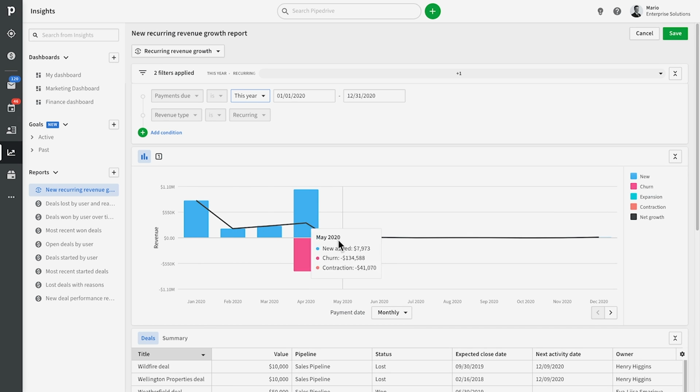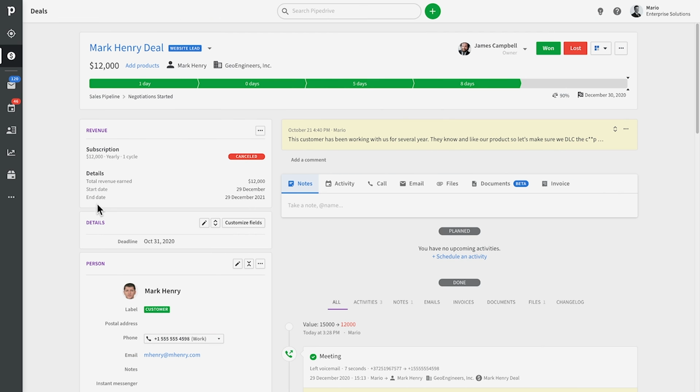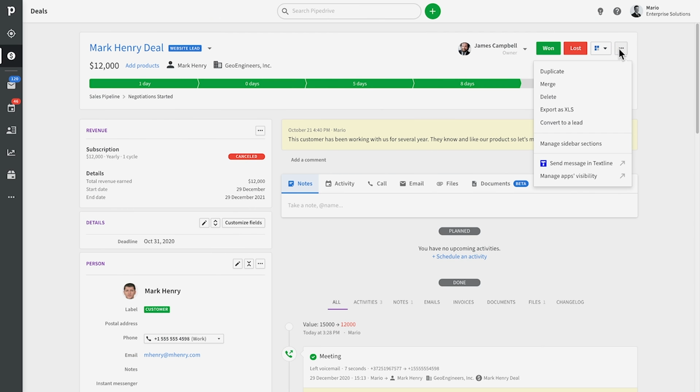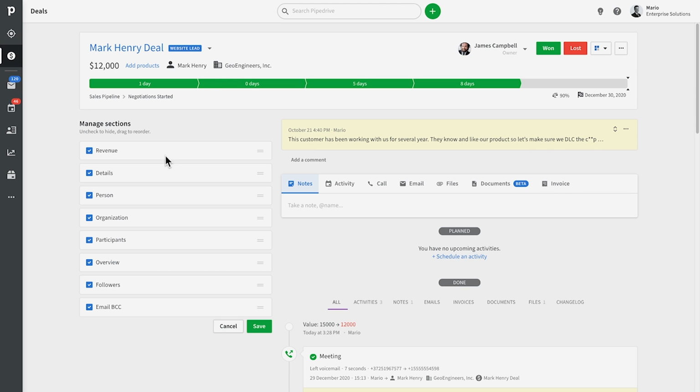Now, one final super important thing to mention, let's say you don't care to use one of these panels in the sidebar here. Well, you can always omit a section or rearrange these sections however you'd like.